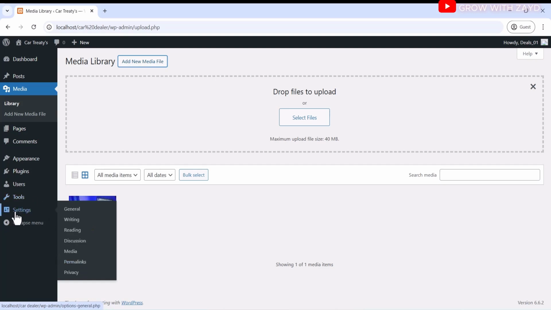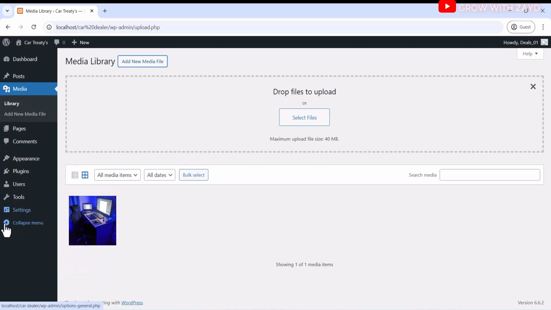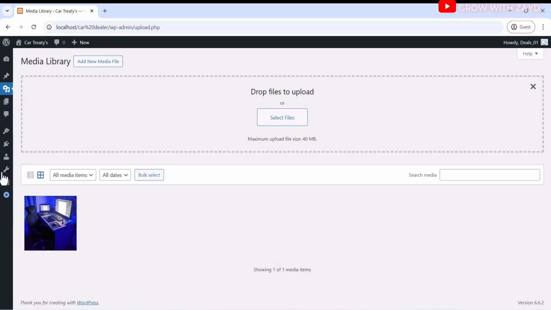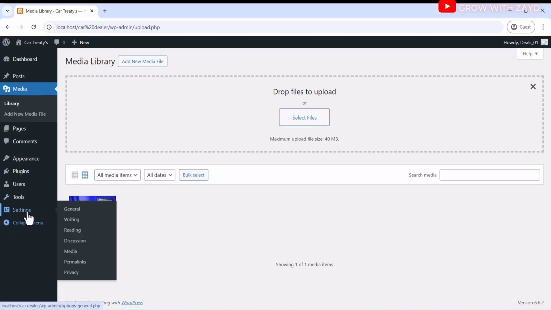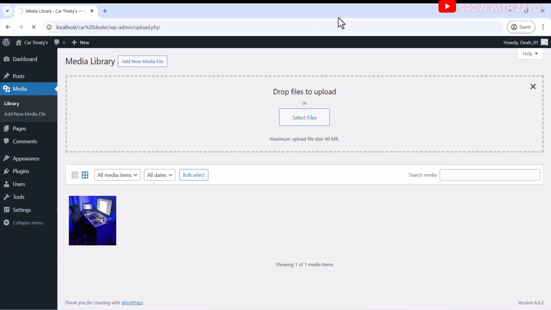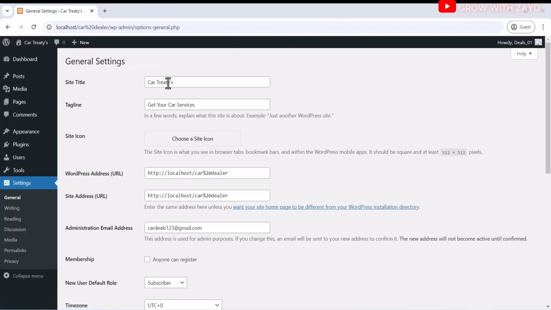What we are mostly concerned about here is the settings. Also, you can collapse this menu like this, and you can also expand the menu like this, right? So here we can now look at the general settings. If I click on the general settings now, under the general settings, we can make edits to our